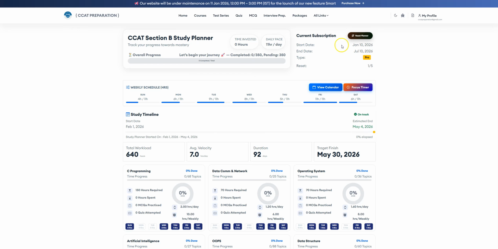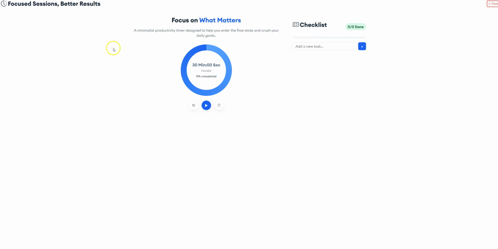Okay. Now, on this particular screen, you see multiple features here. Reset, view calendar, focus timer. Sometimes you're studying some topics where you need to be focused. Like I need to study for 30 minutes, 40 minutes. In that case, you can go to focus timers. Here is the focus timer. And in 30 minutes, if you are doing